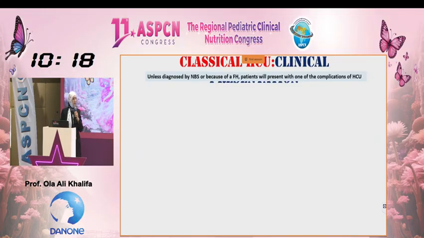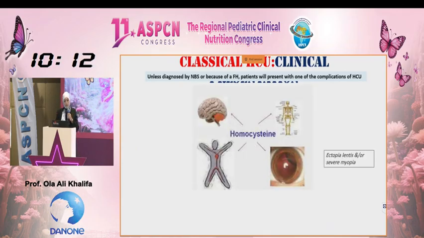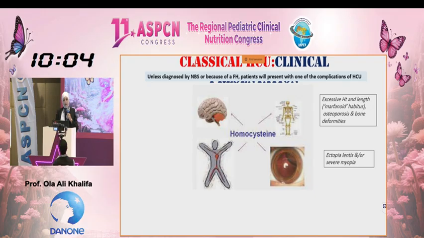I just want to mention quickly, there are four cardinal systems for those patients, or the complications of homocystinuria. In untreated patients, especially pyridoxine unresponsive, they have ectopia lentis, which is preceded by high myopia, excessive height and